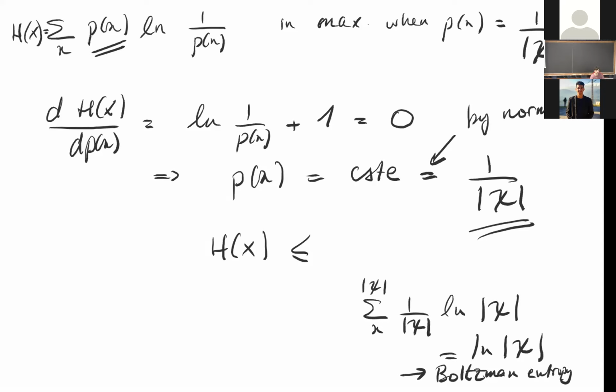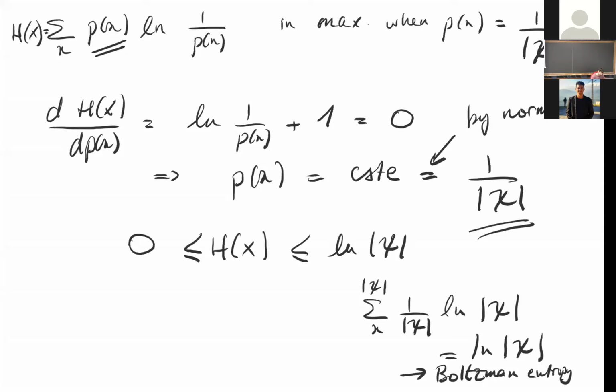Yes? You forgot the minus or not? Because it's the log of 1 over the cardinal. Yeah, but 1 over 1 over cardinal is cardinal. Okay. Yes. Thanks. So the entropy is always less than the log of the cardinal of the space of configurations of the random variable. Okay? And what is its minimum value? It is also bounded from below by,